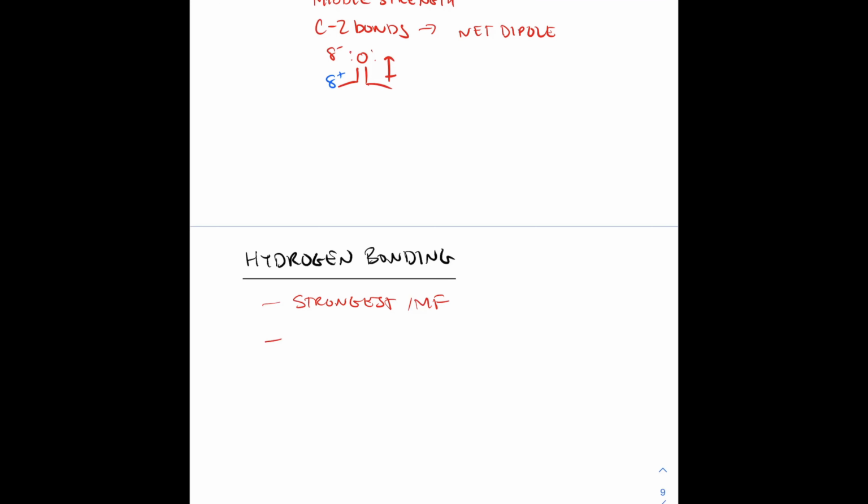Okay, and these are basically when we have a hydrogen that's bound to an oxygen, a nitrogen, or fluorine, and it's attracted to an oxygen, a nitrogen, or a fluorine in terms of their lone pairs, or the delta negative that would be